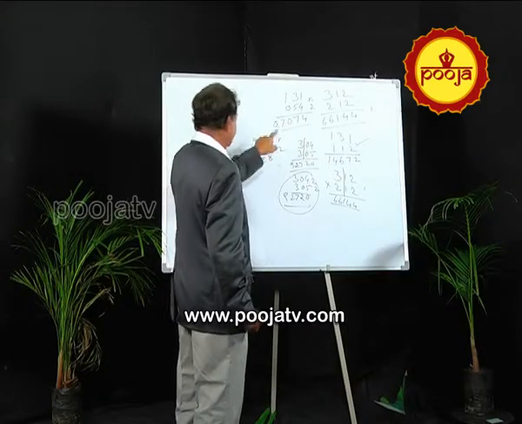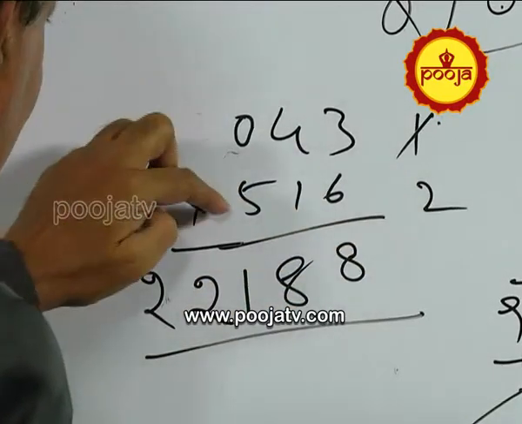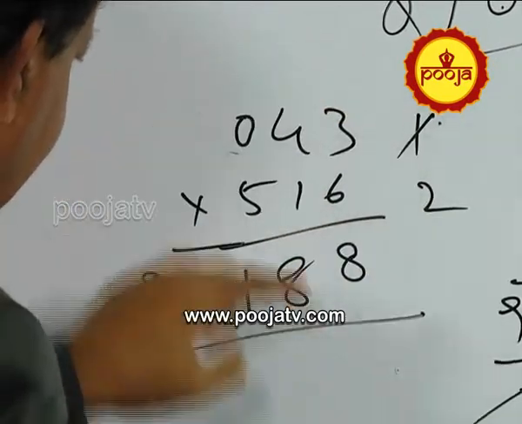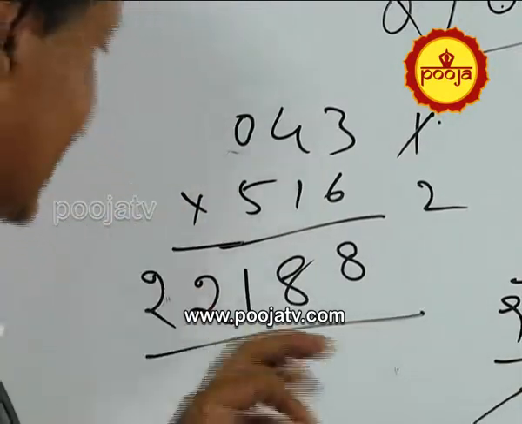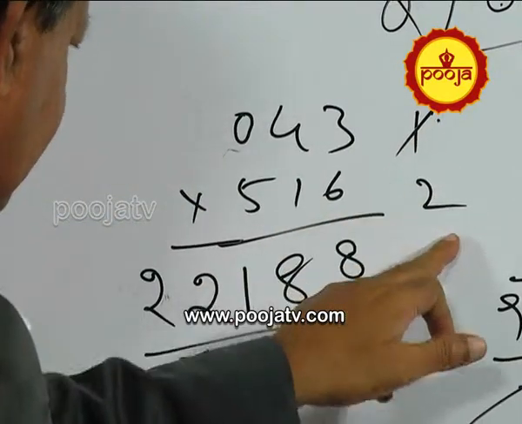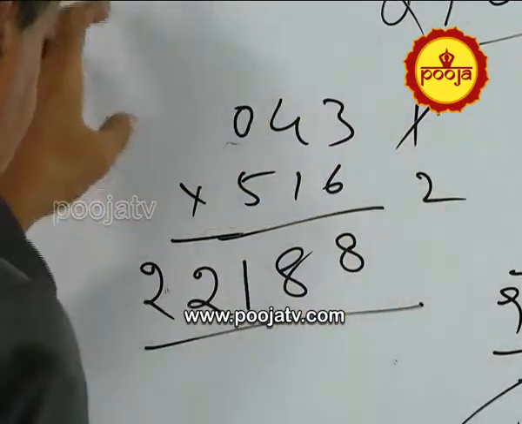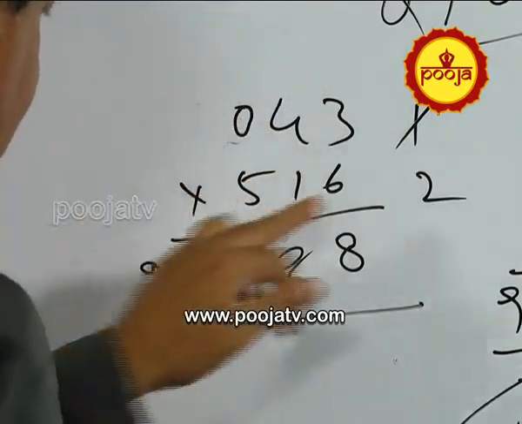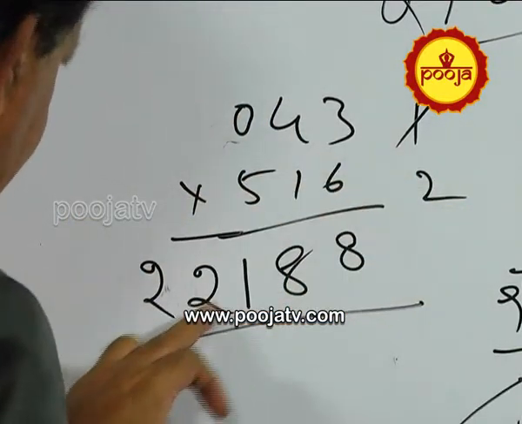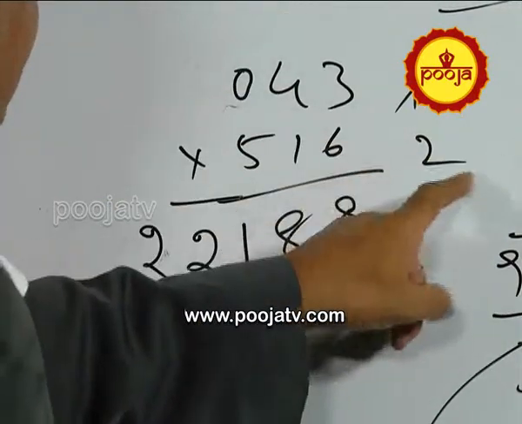Now all the 3, that is a little bit important. 6 into 0 is 0, 5 into 3 is 15, 1 into 4 is 4, 15 plus 4 is 19, 19 plus 2 is 21, so 1 here, again 2 outside, right. Next last 2: 1 into 0 is 0, 5 into 4 is 20, 20 plus 2 is 22, again 2 here, 2 outside. Last 5 into 0 is 0, 0 plus 2 is 2.